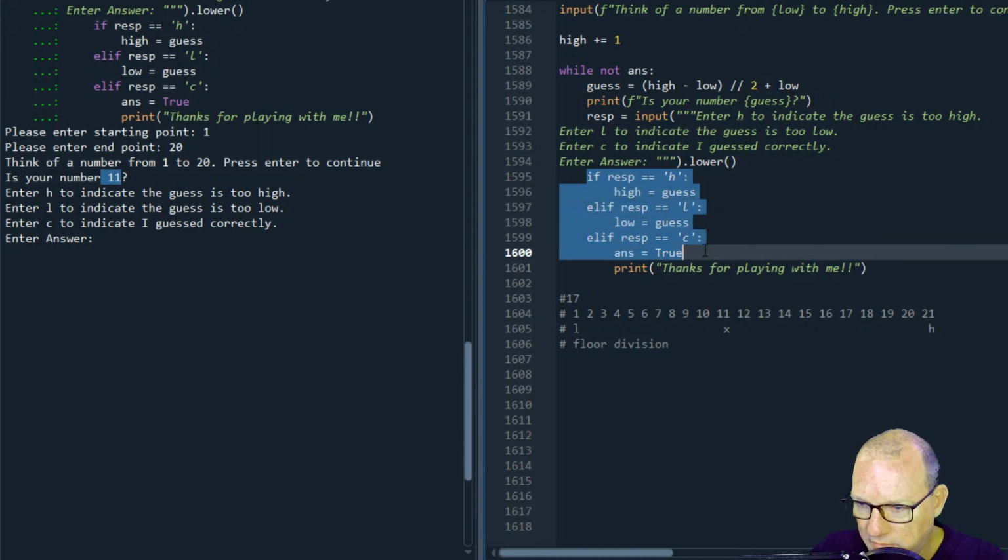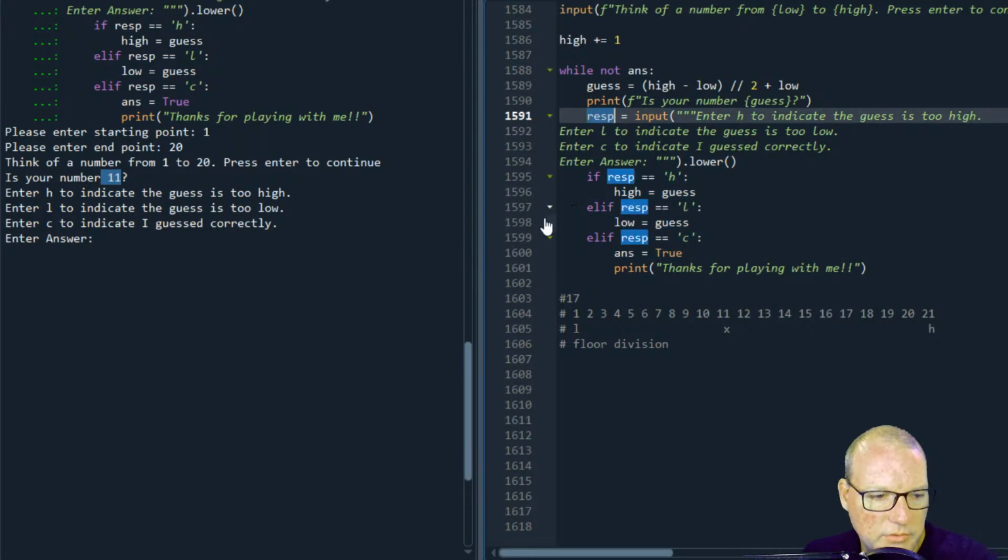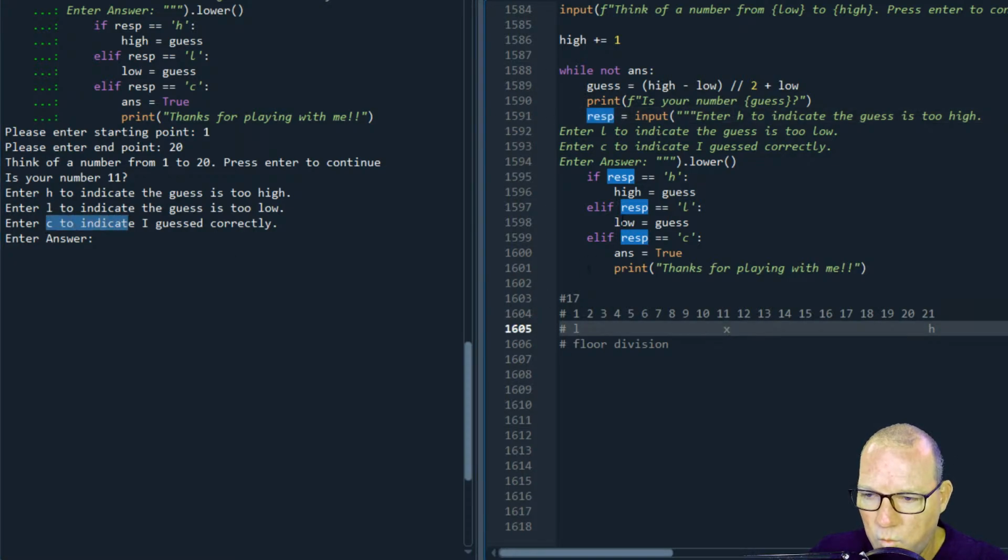So this bit of code, our response. We're going to get from the user: is the computer's guess too high, too low, or is it correct? So if the response is H, then we're going to reassign the high to the guess.